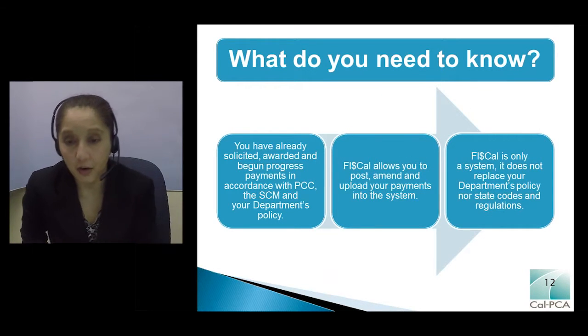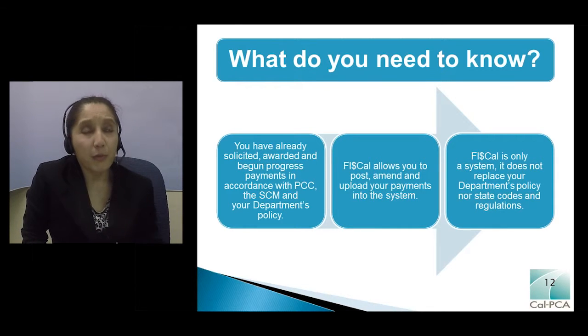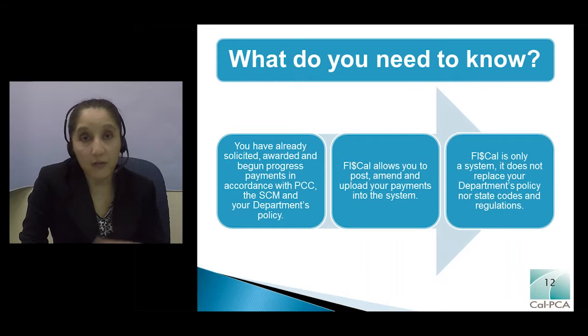So what do you need to know? You are to determine whether progress payment is acceptable. You've not yet solicited, because you want to make sure that all your bidders understand that you are going to be using a progress payment and what benchmarks they're going to have to meet for every phase of that particular project. So once you've determined that progress payments are appropriate for your procurement, you've solicited, you've awarded,